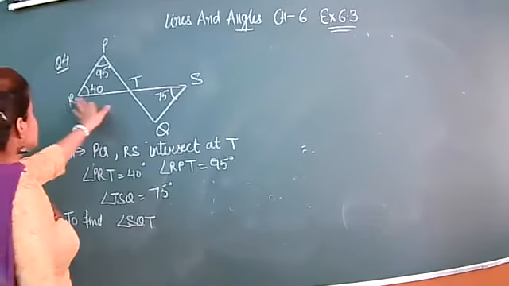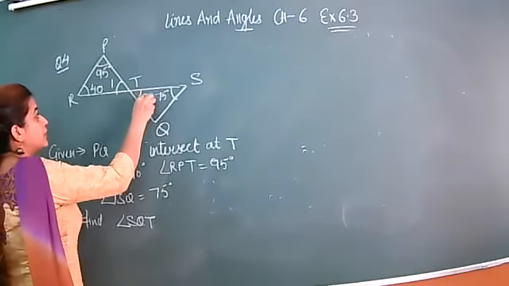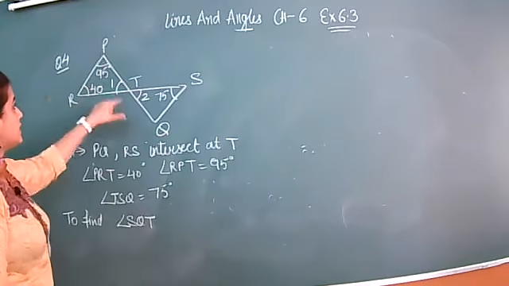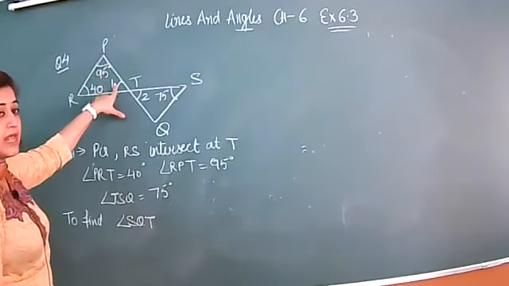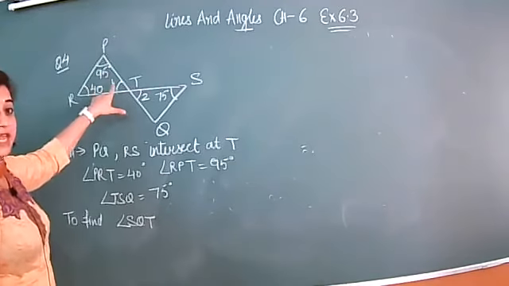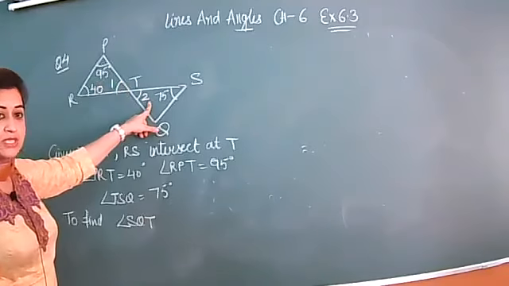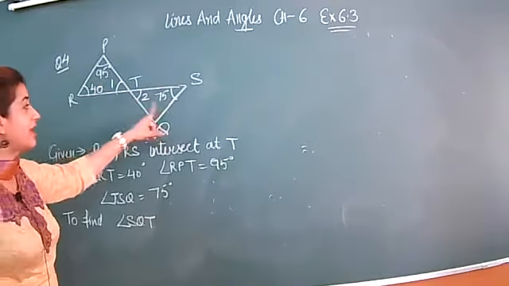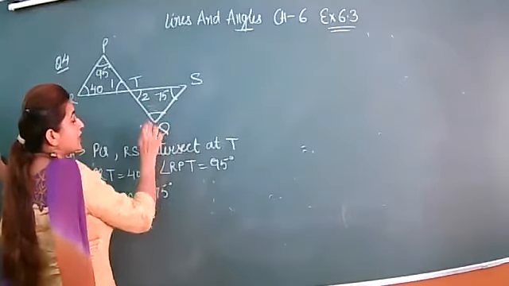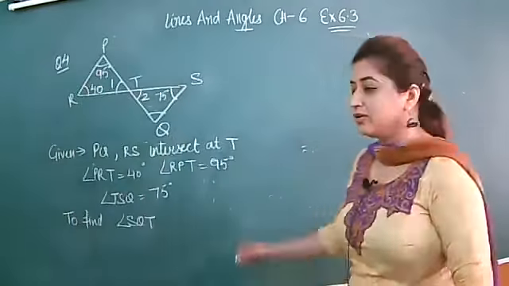Now, as the two lines are intersecting one another, so can I write here angle 1 is equal to angle 2, vertically opposite angle. As you can see that in this small triangle PRT, two angles are given, and the third angle, that is angle number 1, that you can find by using the angle sum property in this. If you will get this angle 1, and surely this angle 2 will be same because they are vertically opposite angle. So this third angle you can find, you can give it 3, or you can write it as Q also. So you can get this angle Q by using the angle sum property in this third triangle, in the second triangle also.